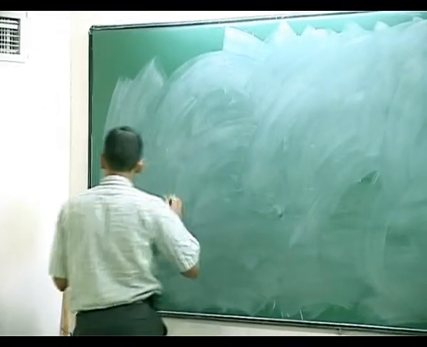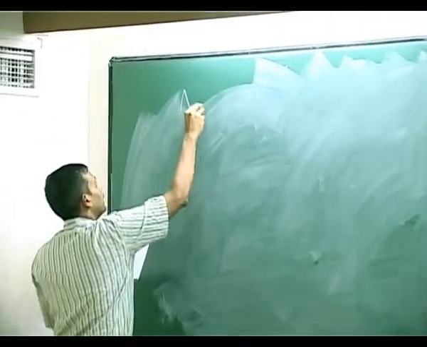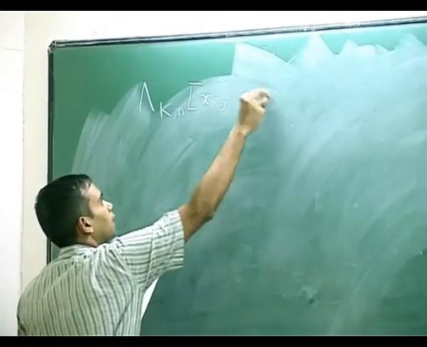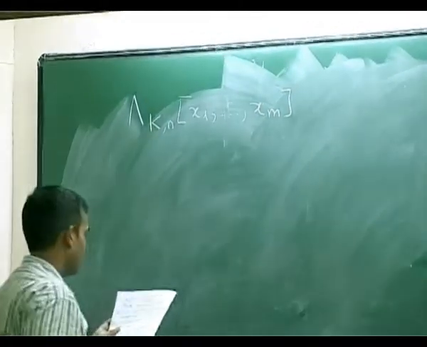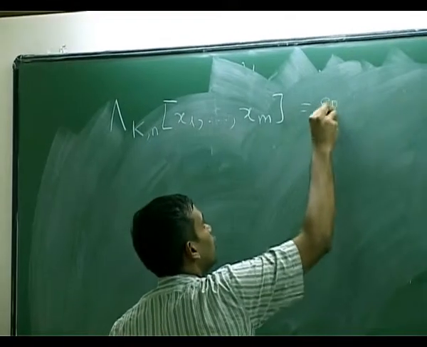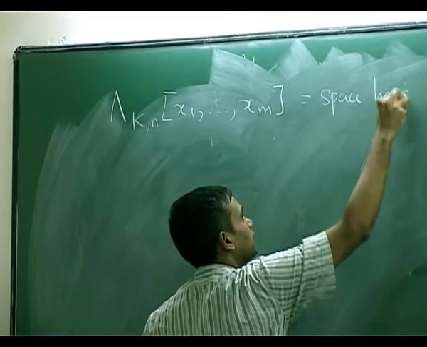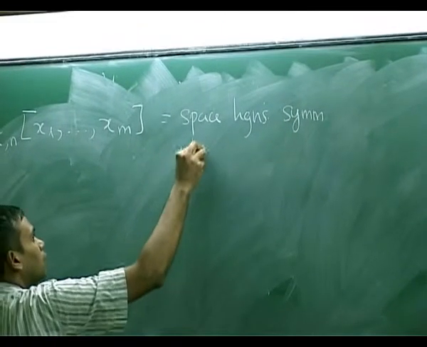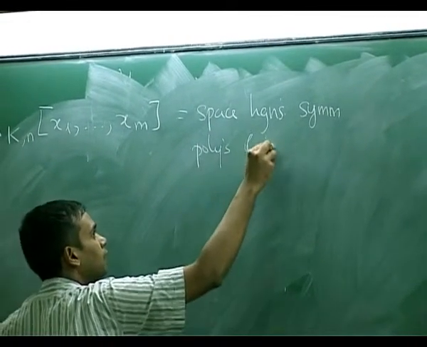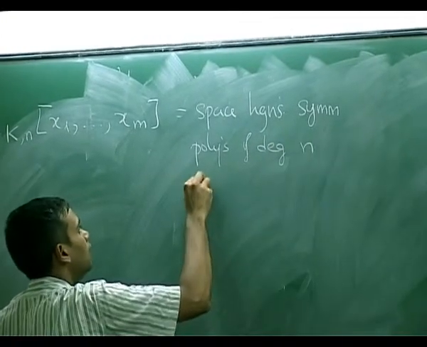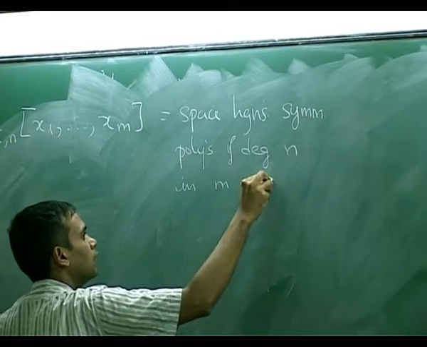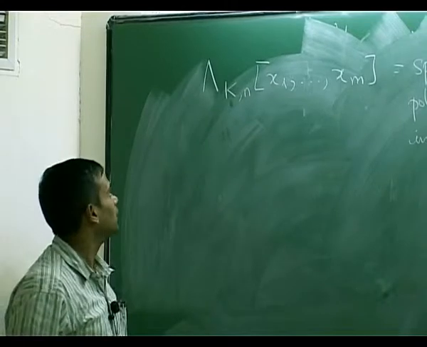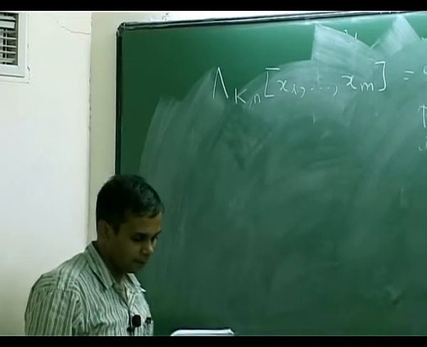I'm going to denote by Λ_k^n the space of homogeneous symmetric polynomials of degree n in m variables, and this k is the field of coefficients, and we'll only be assuming that this k has, well,